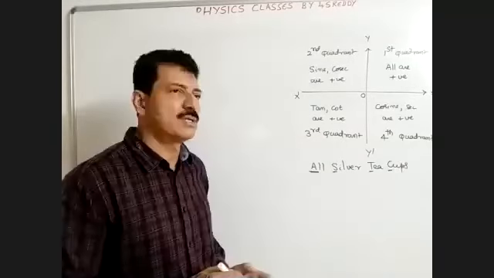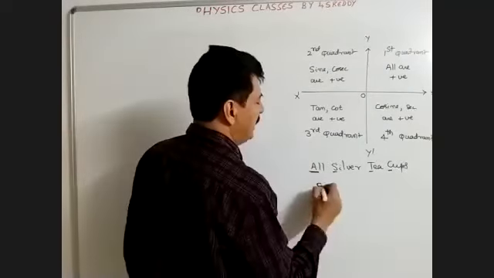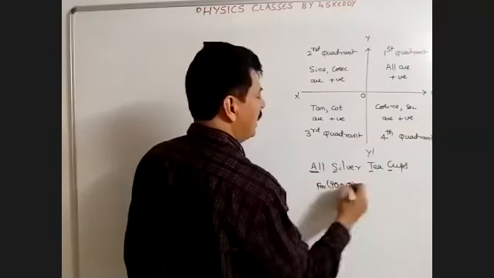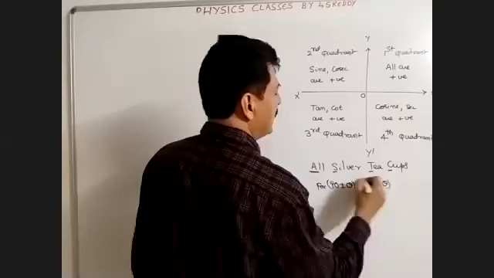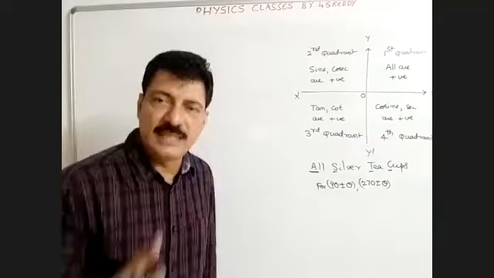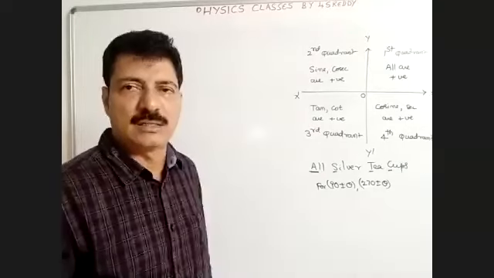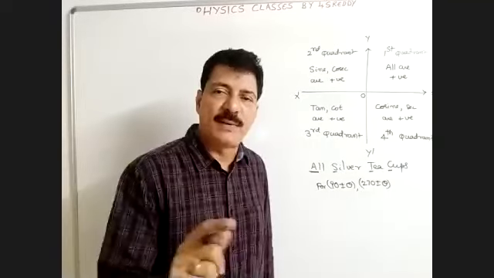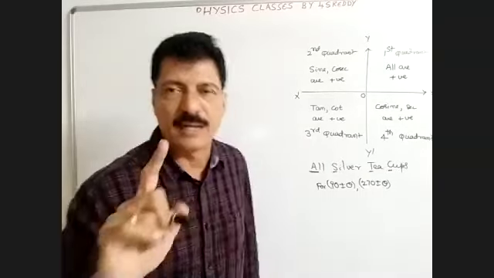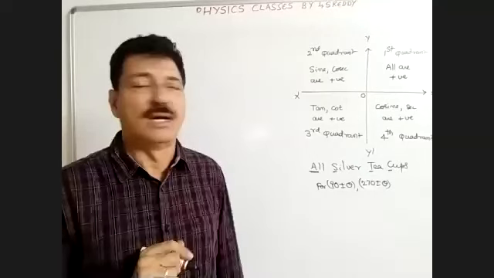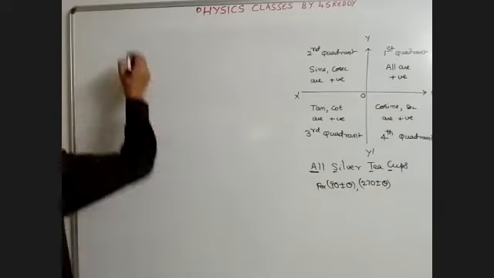And the fourth quadrant, cosine. And one more thing, when we are using these trigonometric operations, for 90 plus or minus theta and 270 plus or minus theta, what happened? Sine changes to cos, cos changes to sine, and tan changes to cot. Whereas for 180 plus or minus theta and 360 plus or minus theta, the function remains unaltered. This is what you were given in the last class.